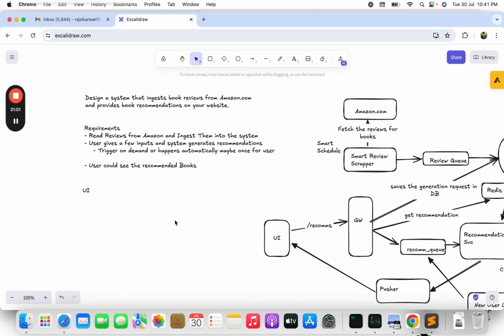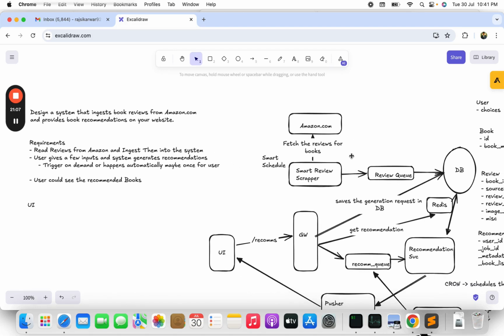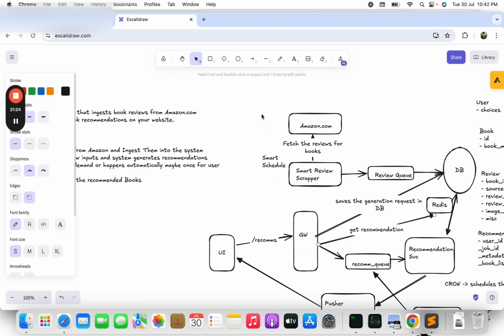Let's walk back with the, it kind of reads reviews from ingest and ingests them into the system. This is happening here. User gives a few inputs and system generates recommendation. I think this get recommendation API came in, saves the request. Get recommendation, basically here the same thing would happen. API came in,